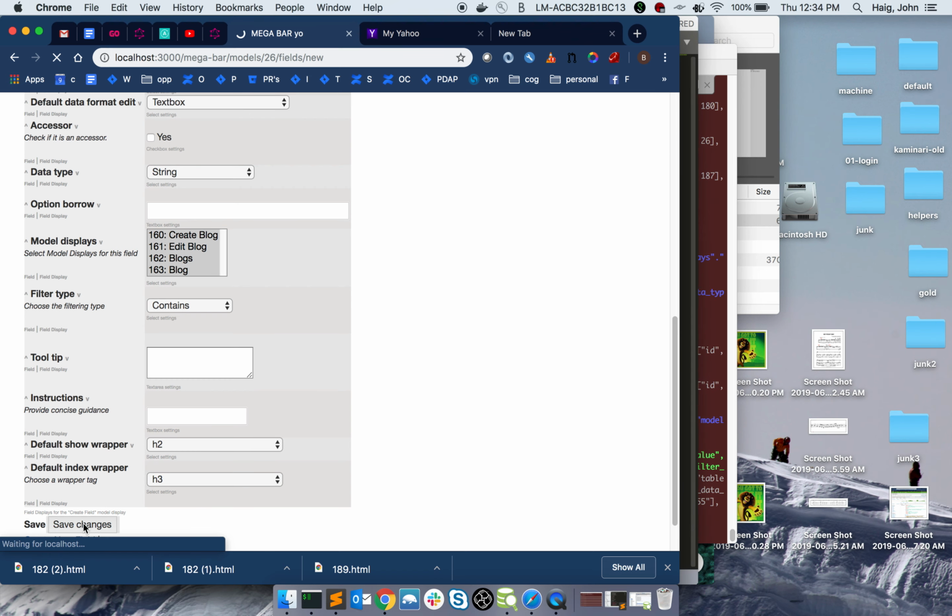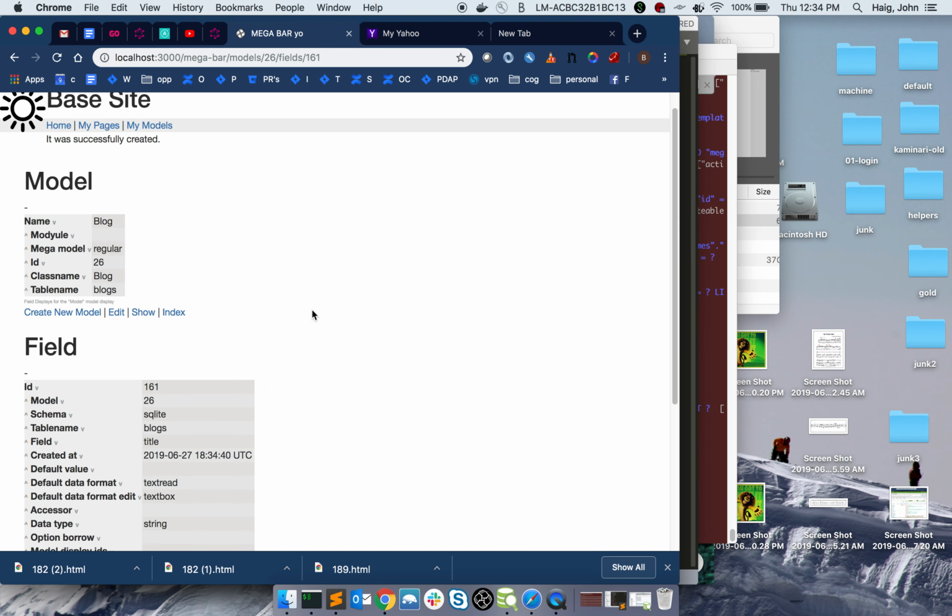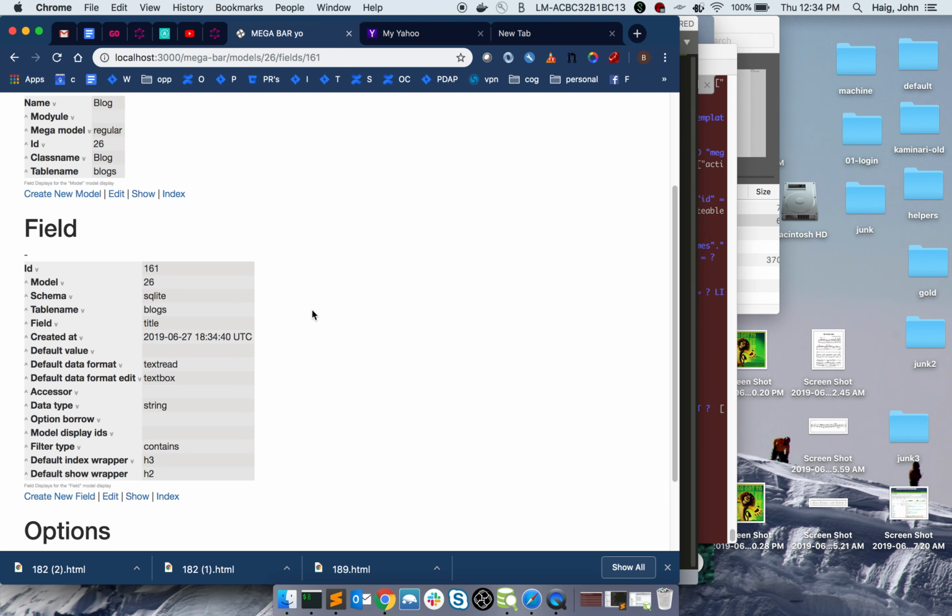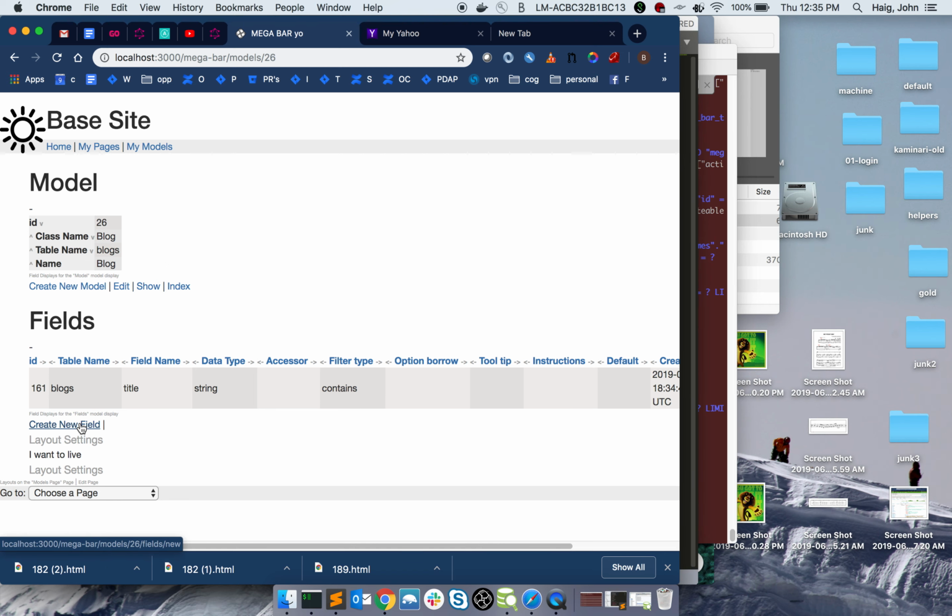But you can always go back and change this later on an individual display basis. That's a little abstract at this point, but it's setting up defaults to be used at other times. I'll give a good example of this later. All right, so we can see we created the title field,